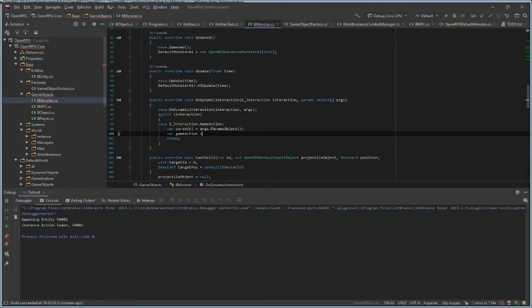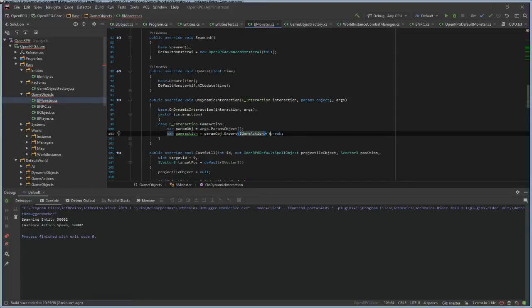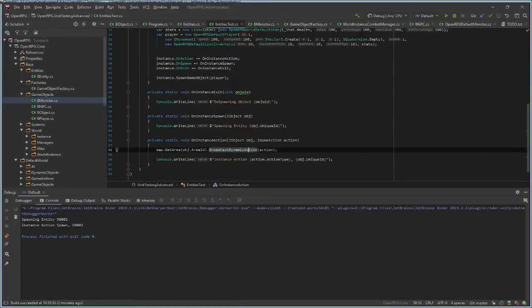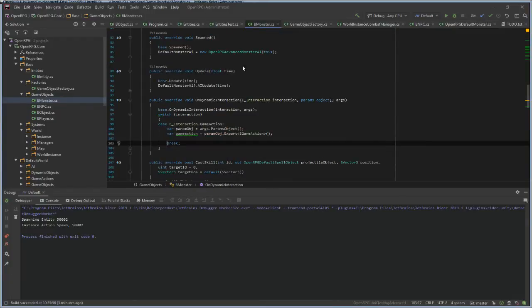Game action will be params object, export IGameAction. Since we're basically sending this IGameAction reference directly to all game objects in this area, we can just export the IGameAction and do something like this.